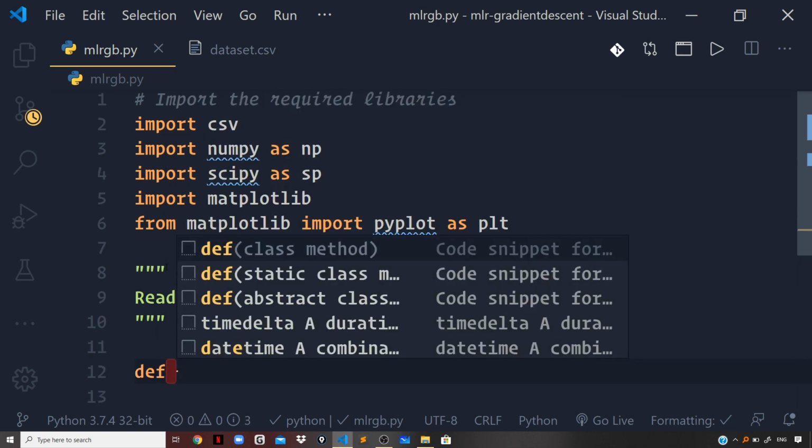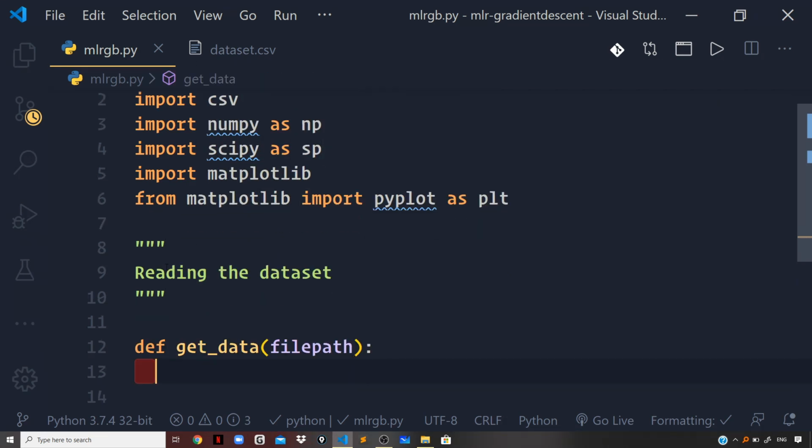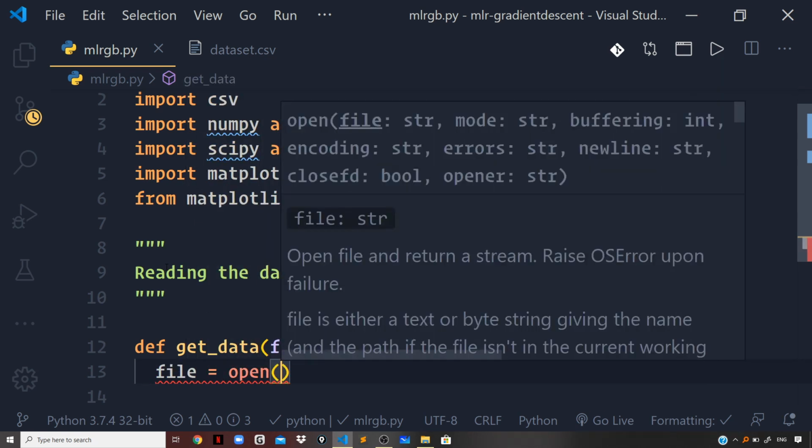Let me leave a docstring comment here, and I will say reading the dataset. I'll define a method and name it getData, and I will pass a file path to it. First, using the open method, we'll read a file in read mode, and this will give us a file instance which we can use to read and manipulate the content of the file. So I can say file equals, and I will use the open method that gives us a file instance,